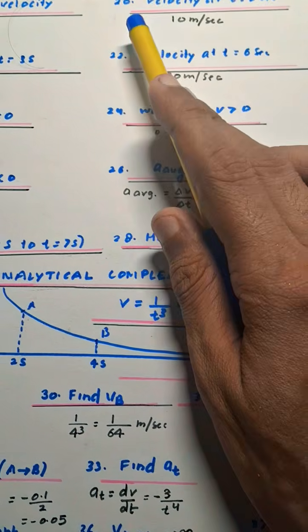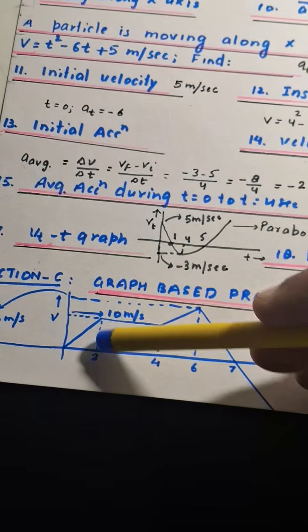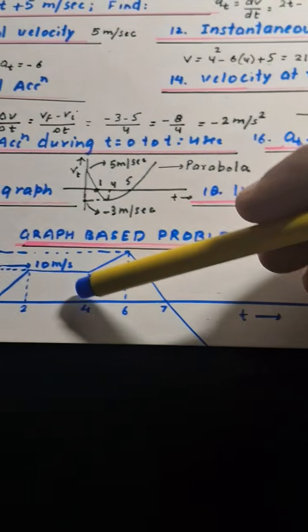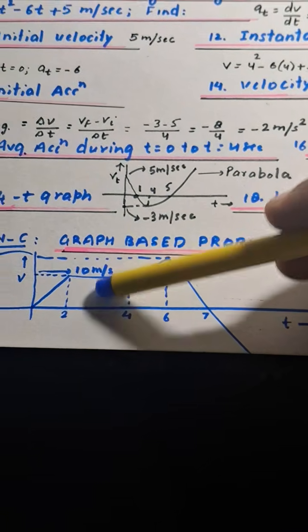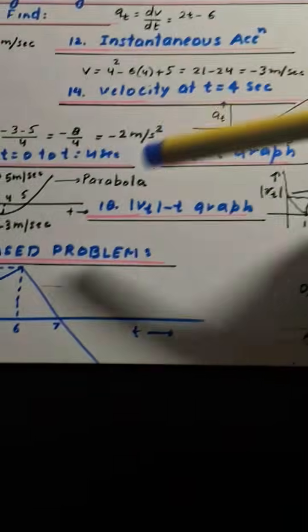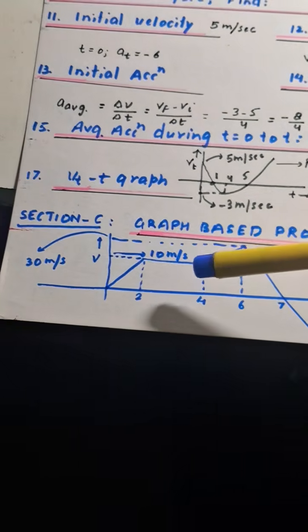Then is velocity at t is equal to 2. As is clear from the graph, at t is equal to 2, velocity is 10 meter per second. Then is velocity at t is equal to 3 seconds. It is clear from the graph that at t is equal to 3 seconds also, velocity is 10. Then is velocity at t is equal to 6. As we can see from the graph, velocity at t is equal to 6 is 30 meter per